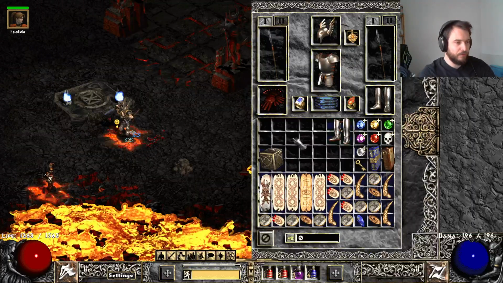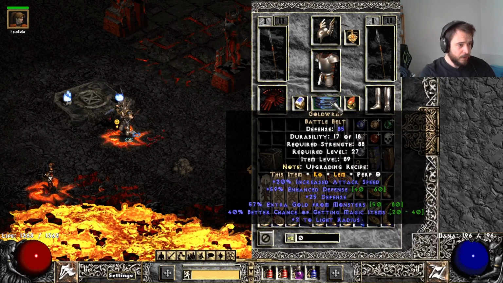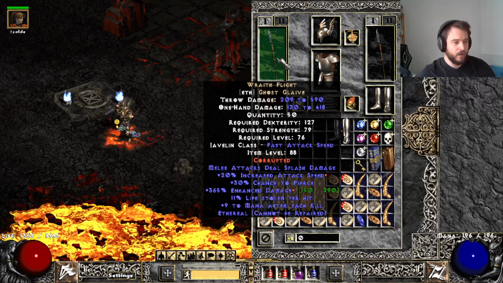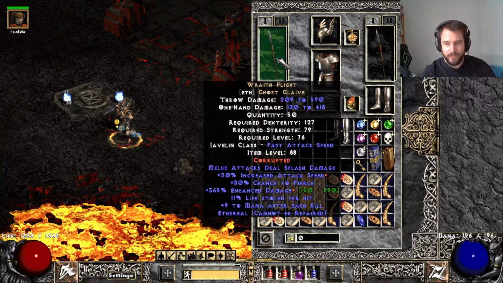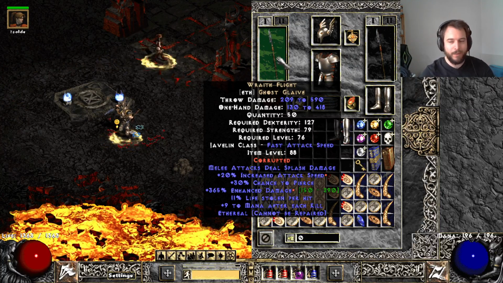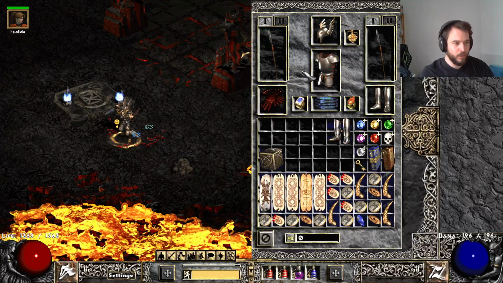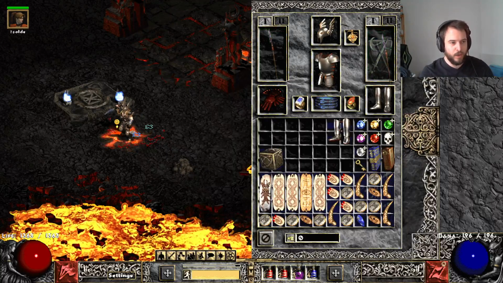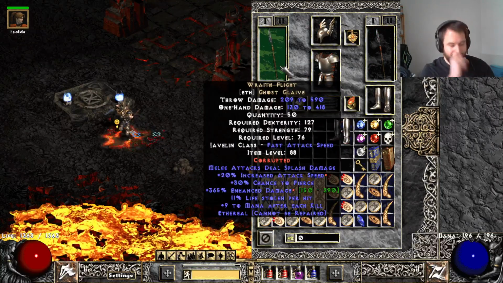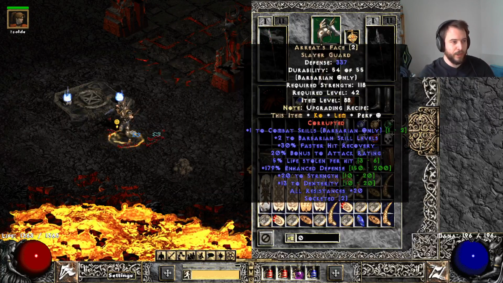And how are we doing that? For me, we are going for gold wrap, right? Then we are going for the 20 IAS on our Wraith Flight here. But you need to be careful here, because only the IAS on your main hand weapon is counted. So you need to make sure that your main hand weapon, which is actually the weapon that you equip first, is the one that has the IAS on. So we have 20, 20, and then we will get